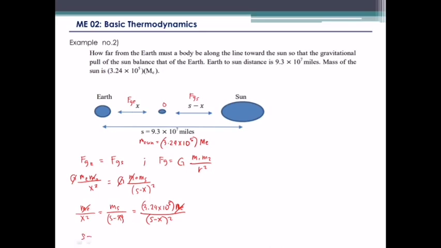We have now s minus x squared is equal to 3.24 times 10 to the power 5 times x squared. Then raise both sides of the equation to 1/2, the square root, so that our squares cancel out. We will get the square root of both sides of the equation. So we have now s minus x is equal to